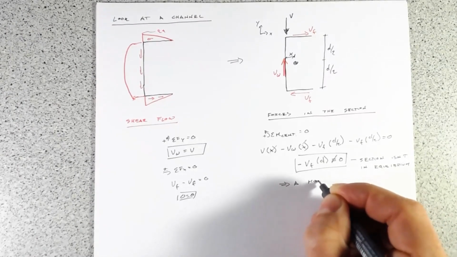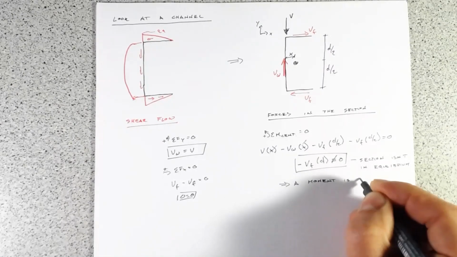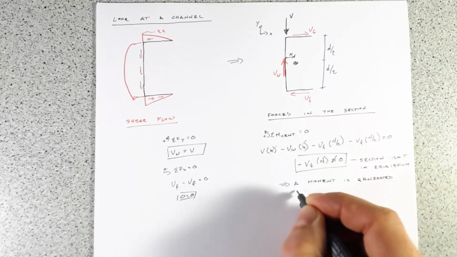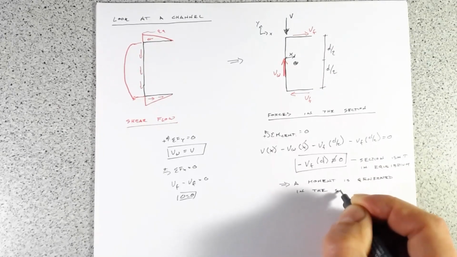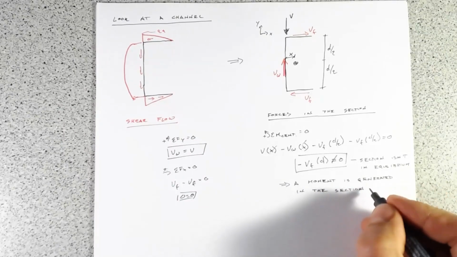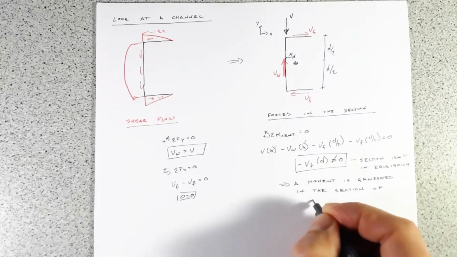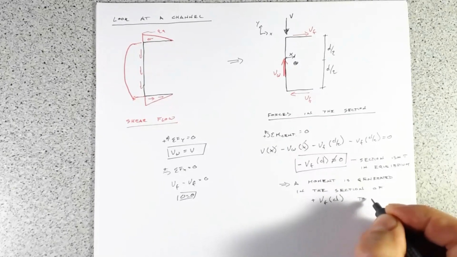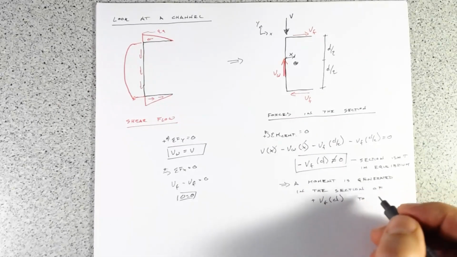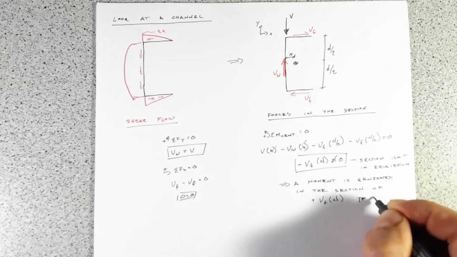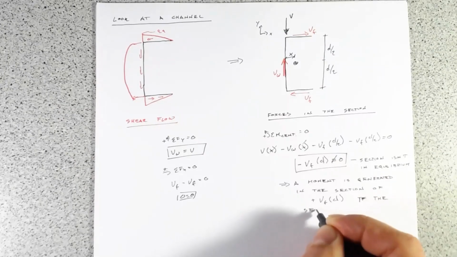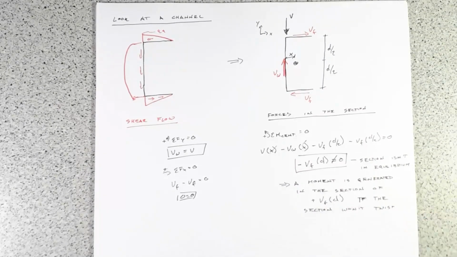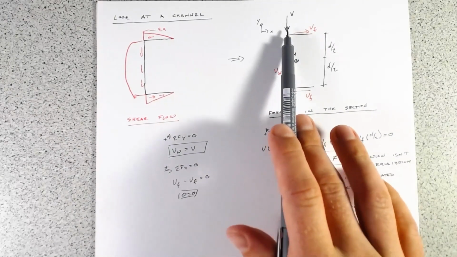A moment of positive V sub F times D. Well, basically, the section won't twist. So in essence, if we're going to push down right on the web,